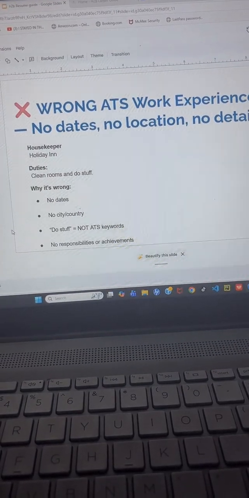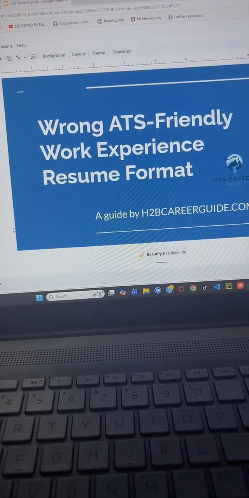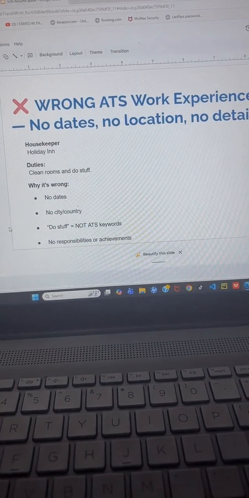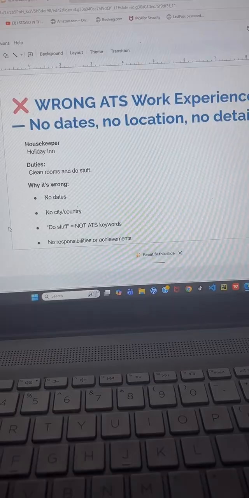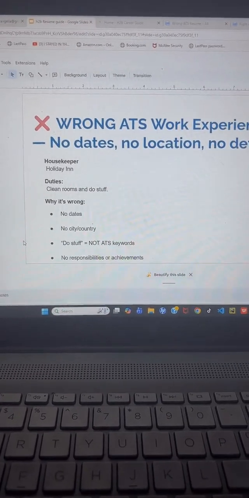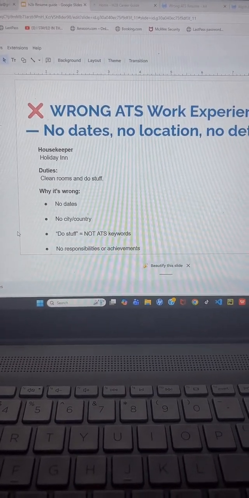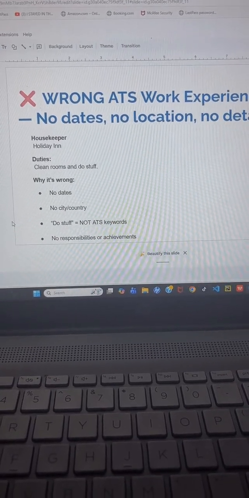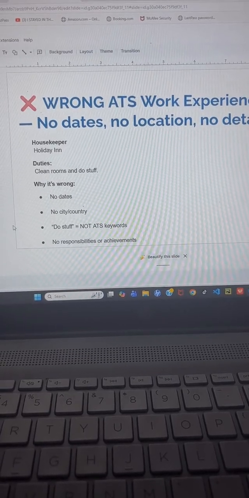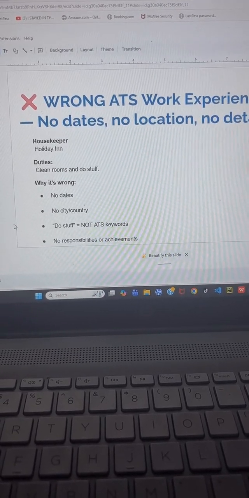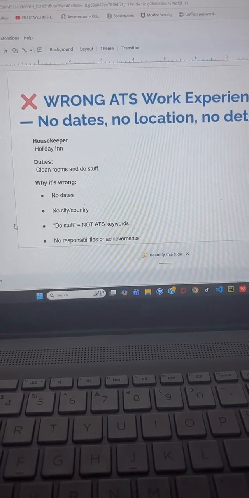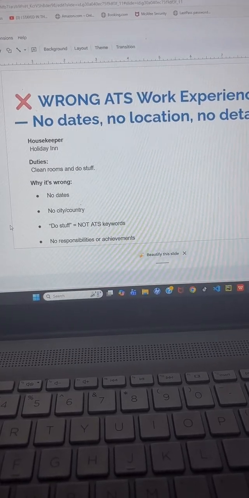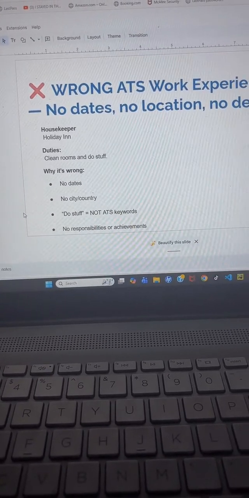Alright, so for your work experience section now, ensure that you put the dates that you worked, the date that you started and ended, the location, and so forth, the city on the work experience section.